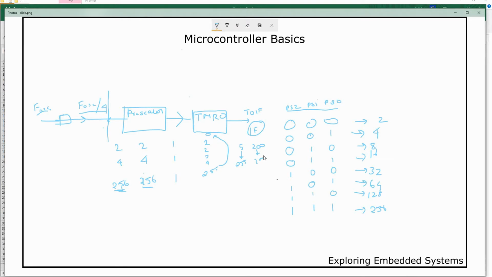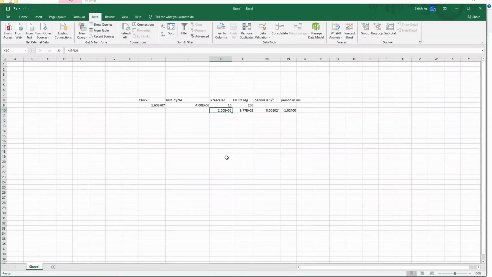So this way, the number of steps the timer 0 will take, you can decide. In case of this, it will only take 250 steps. In this case, it will take only 55 steps. So we can control this also. So instead of 256, what I can do here is, let me see, 250. If this takes 250 steps to regenerate an interrupt, then I will get exactly 1 millisecond delay. This is exactly what I want.